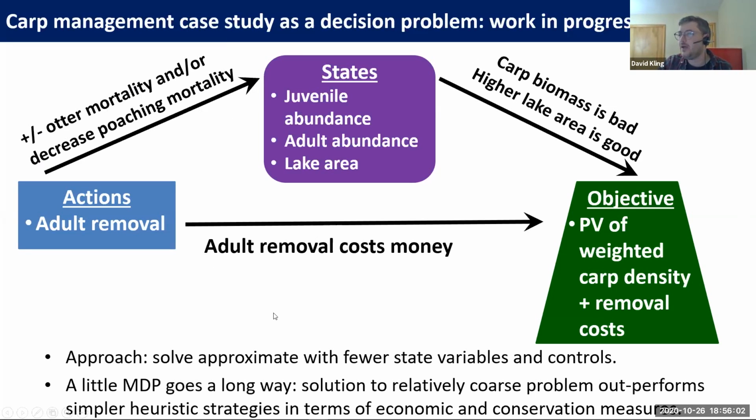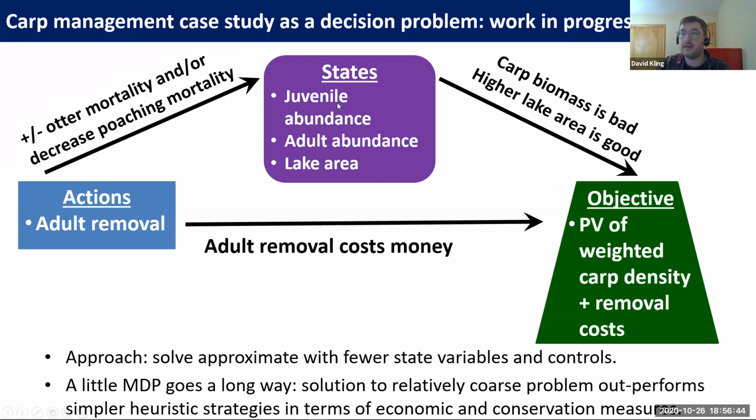I apologize. So basically, the approach is I'm going to approximate the solution with fewer state variables. So I focused just on one action to get started. And I want to draw a connection to the question that Paul answered. You can remove adult carp. This adult removal costs money and feeds directly into the objective, the per period reward for that period in which you choose to reduce carp. Unfortunately, I feel like if otters did live in this lake, they might help with the carp, but there are no otters. So really here, this is removing adult carp,